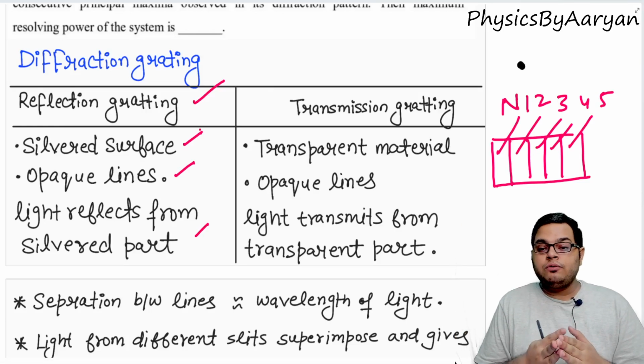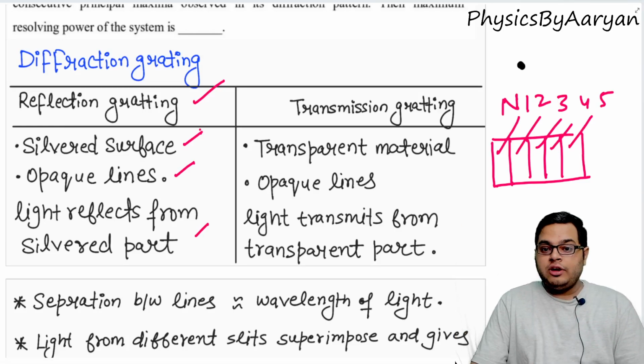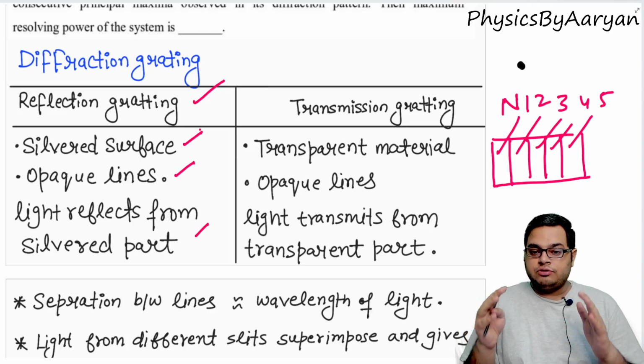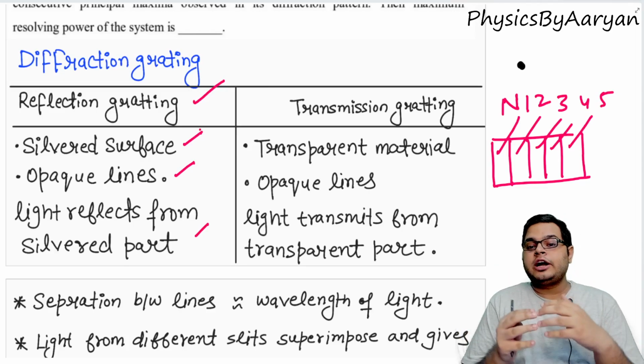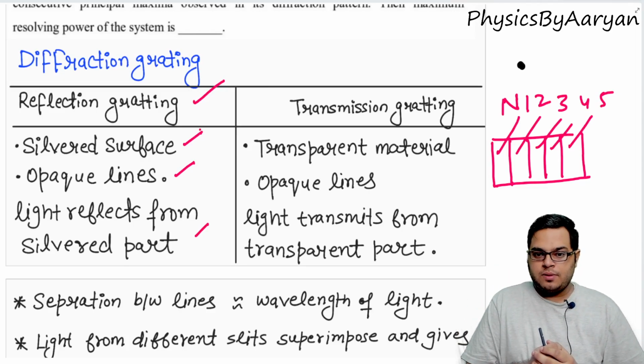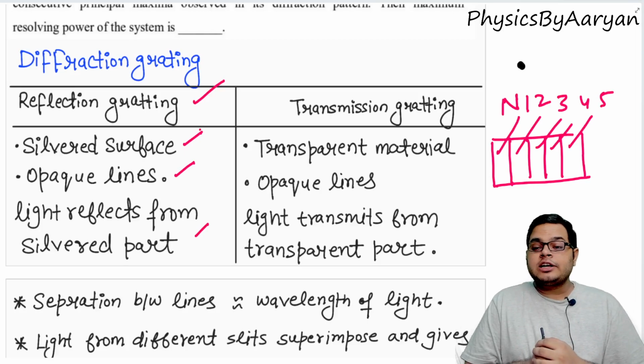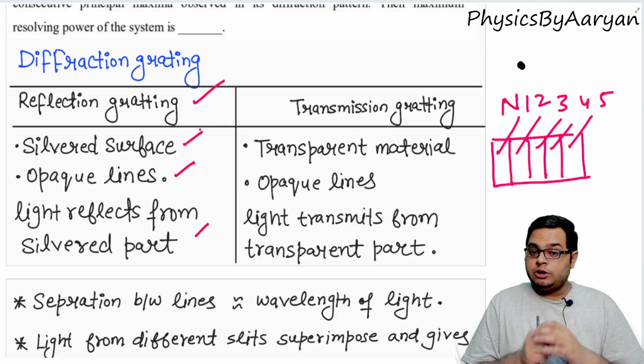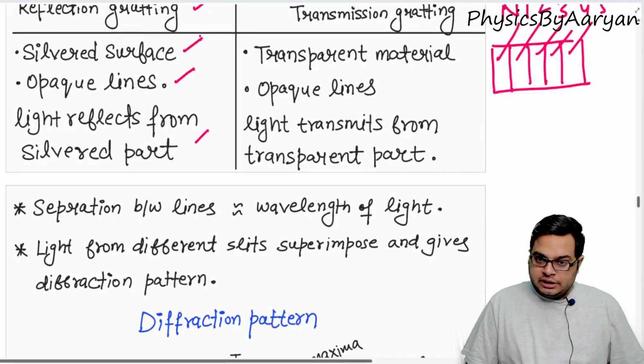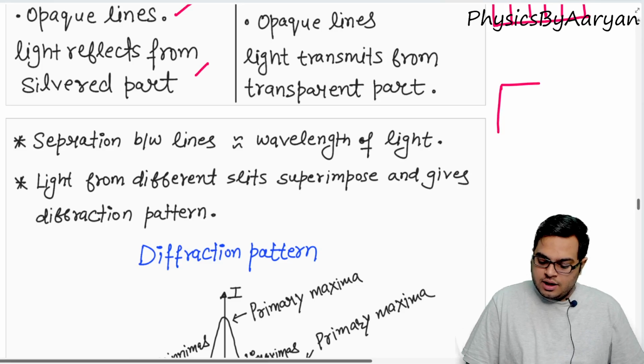And that is a pattern that we want to study in this class. When there are so many lights interfering with each other, what kind of pattern will we see? On the other side, we have a transmission grating. In the transmission grating, again, the material is there, you can see,